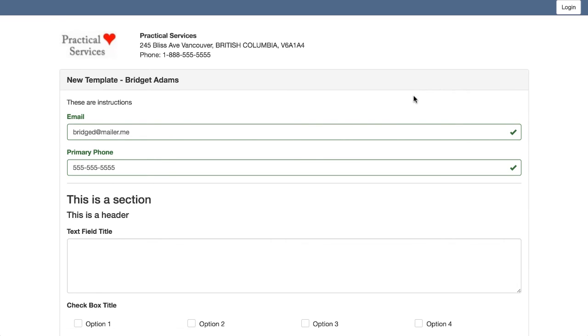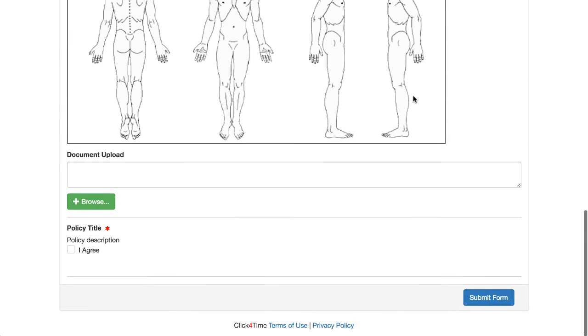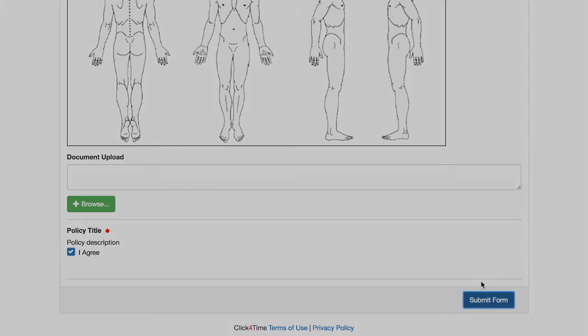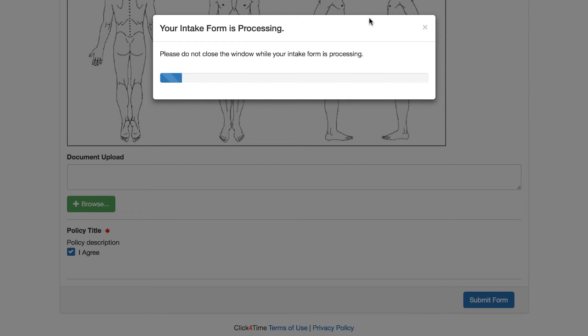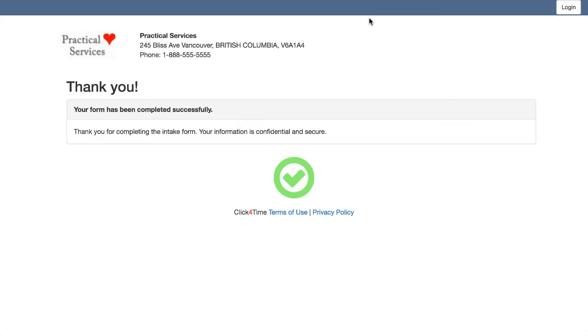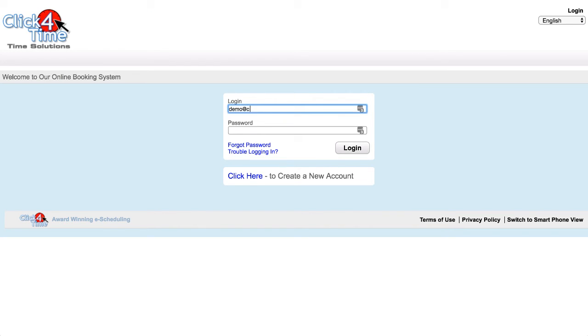In this case, the system will log out the company user and open an additional browser tab with the intake form. The client can choose to log in if they have a Click4Time account. And once the form is submitted, the client would return the device and the company user would log back in to finish the transaction.